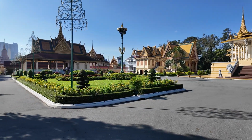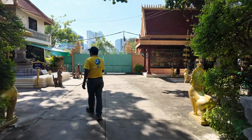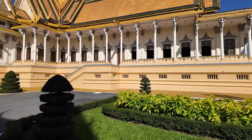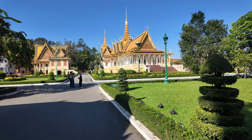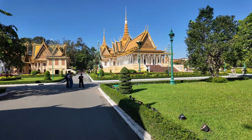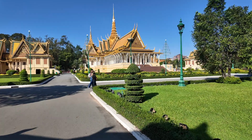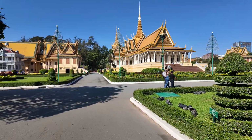The Royal Palace in Phnom Penh is a stunning symbol of Cambodia's monarchy and is a rather unique blend of traditional Khmer architecture with French colonial influences. Overlooking the Tonle Sap River, this golden roof complex has been the residence of Cambodia's kings since the 1860s. You can explore its beautifully maintained gardens and several of the key buildings, including the throne hall where royal ceremonies